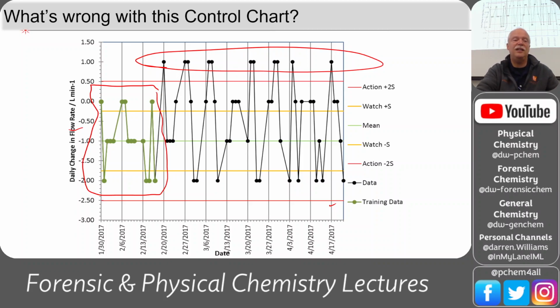Notice it's digitally rounded. So we have either 0 or 1 or -1 or -2. That's not continuous data, okay? There's only 4 answers. And so we can't have that in our data. So that's why I was such a stickler on data choices, because what we're doing is we're taking this data